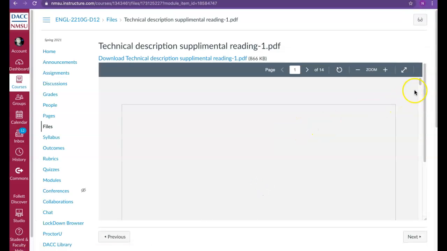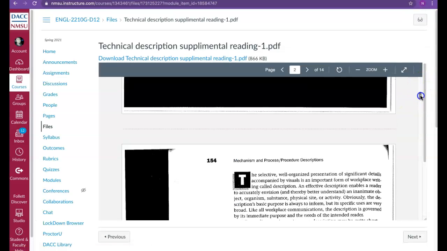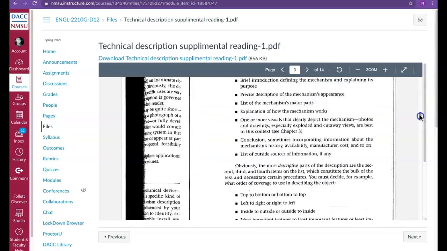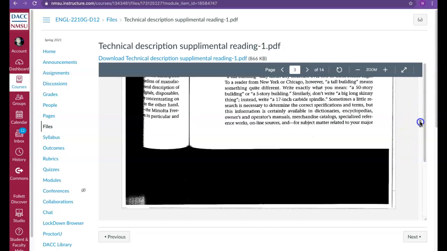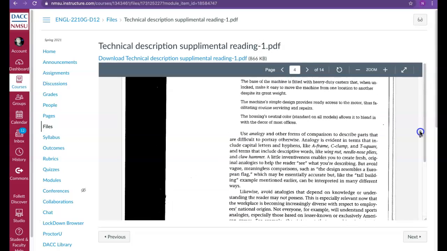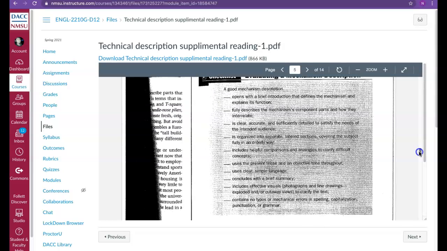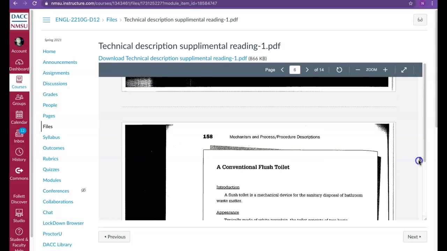This supplemental reading is really helpful because it talks about descriptions. It also talks about how you should describe something, like whether you should do it top to bottom or left to right. And it even gives you an example. Oh, this one provides details on analogy. So definitely look at that, because that's part of the rubric, that you do need to have an analogy for your description. And then over here we have a checklist,